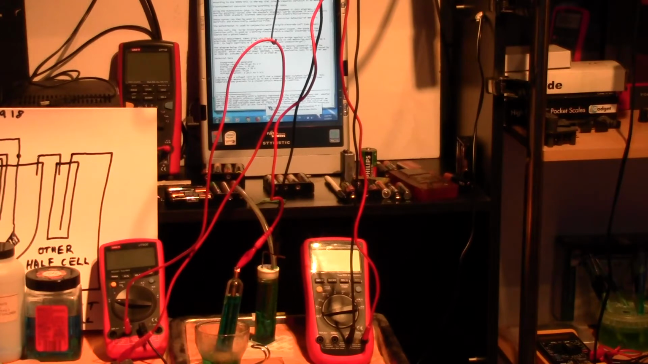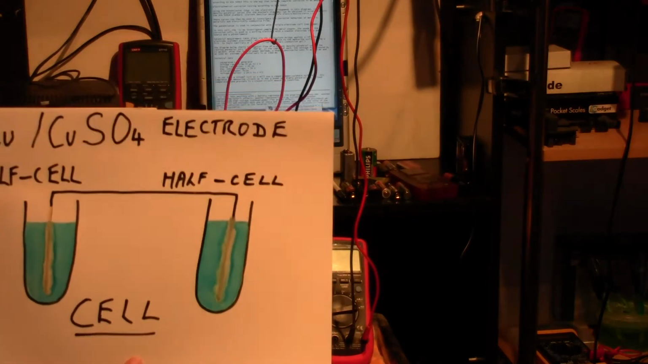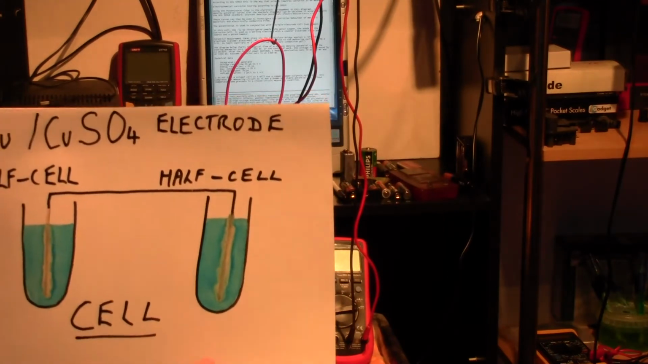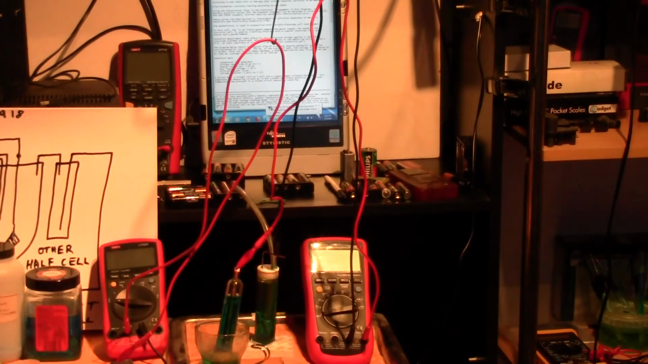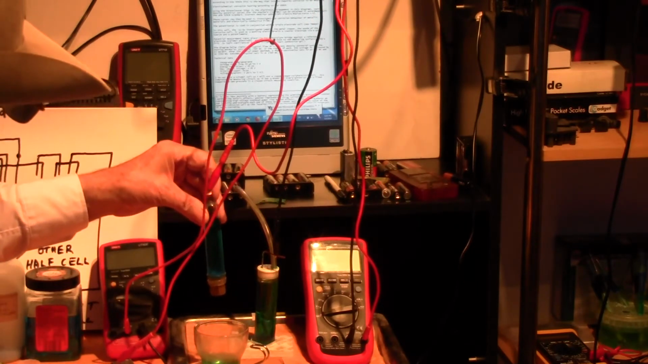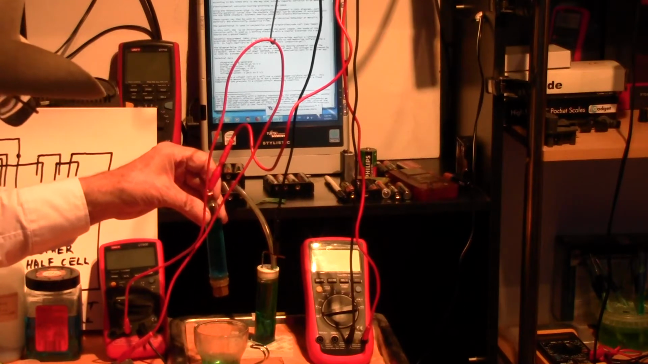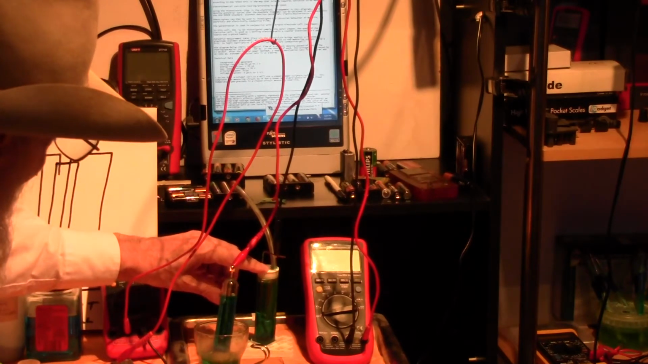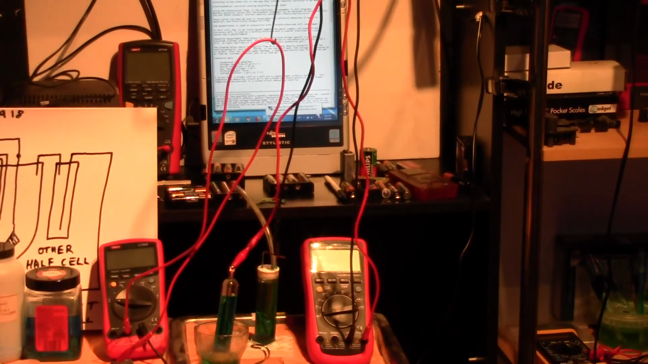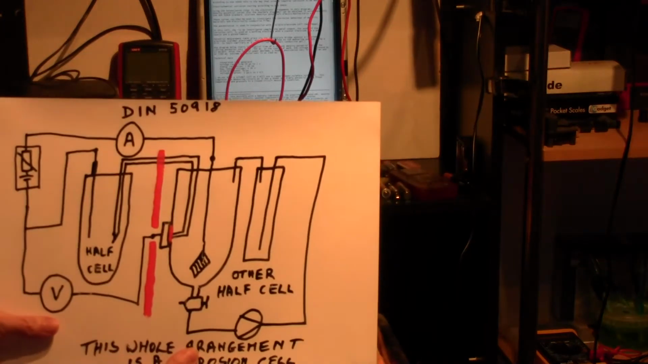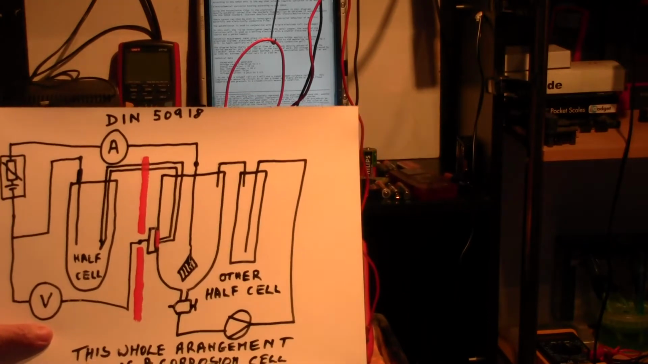Now we have seen that this half cell is just half of this whole cell. So this is the half of the cell, and this is the other half. Now, for the purposes of science, we need to understand that this is the setup